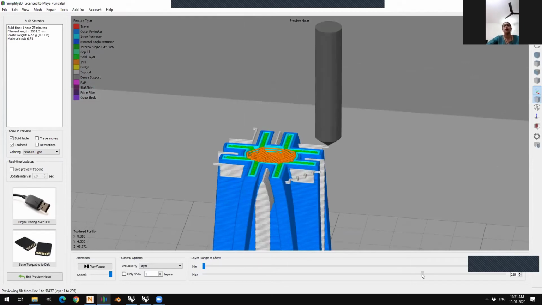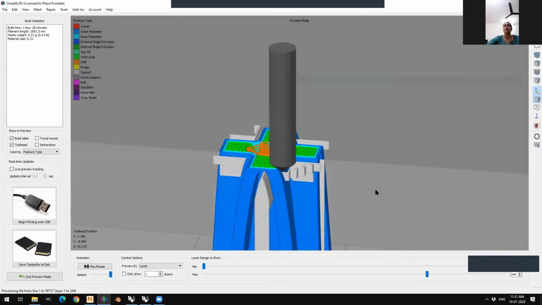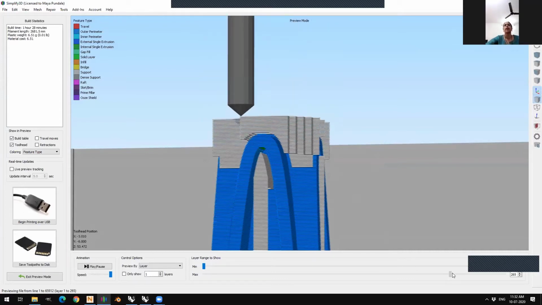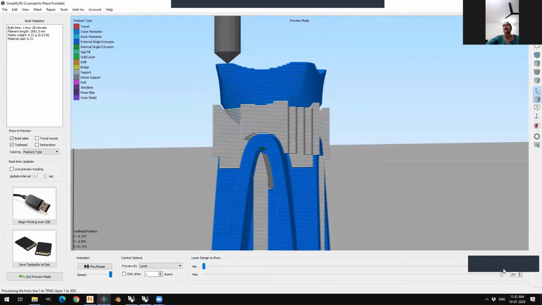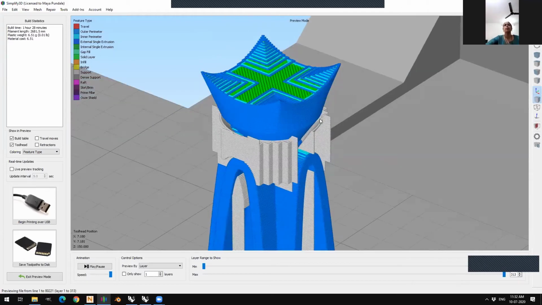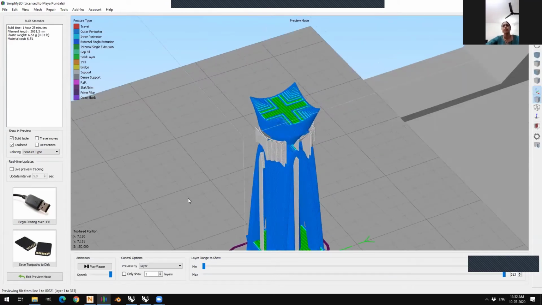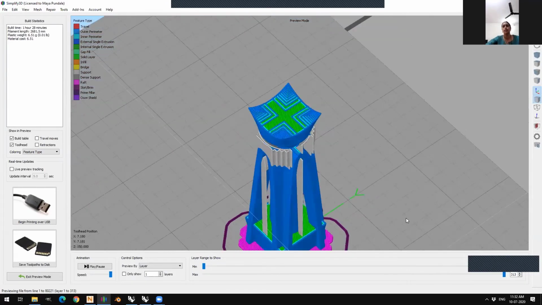When I come up here, this was the area which needed a support, without which it may not have come properly. It's like saying that I want to build a bridge without columns. It's very similar to that. Now, the percentage of supports, its density, etc., are again controllable. But this is what I have opted for.